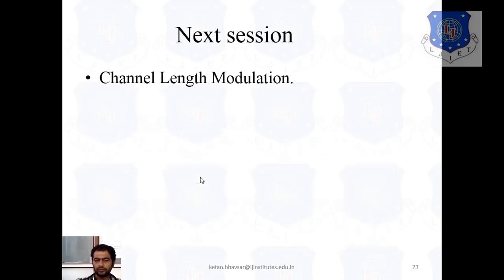I hope you definitely get the idea of what the current and voltage characteristic is for a MOSFET. In the next session we will talk about channel length modulation: what variation will be formed in the channel if you change the value of VDS and VGS, and what variation you can see on both sides if you apply a certain voltage limit. It plays a main role when we talk about channel length modulation. After the characteristics of the MOSFET, we get the idea about channel length modulation, and we also see what variation is possible on the input side.